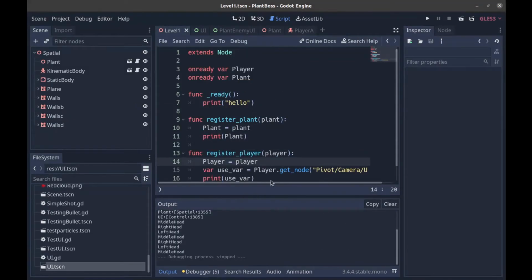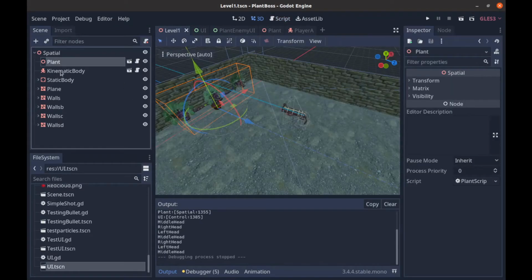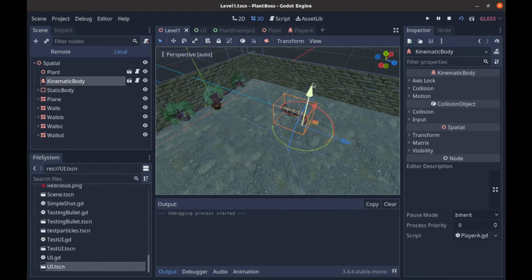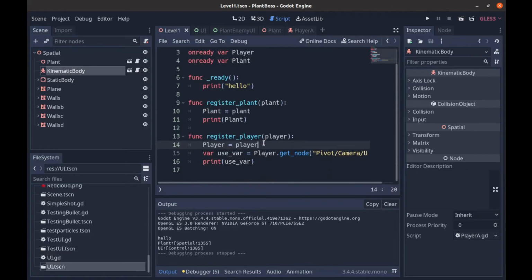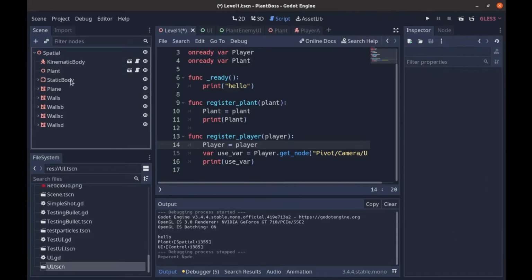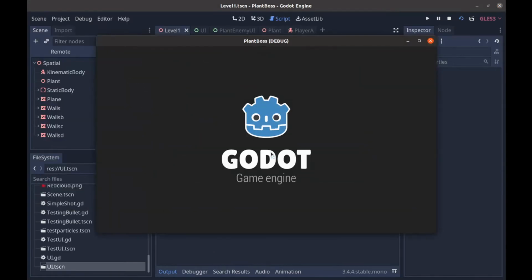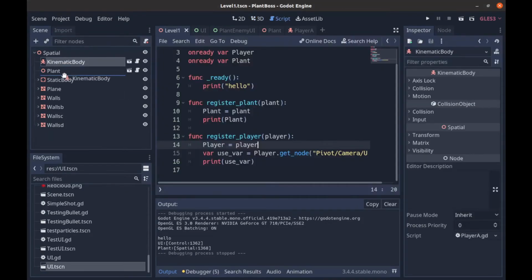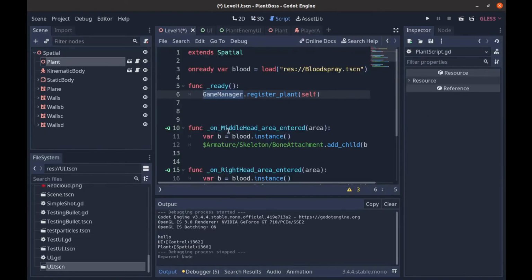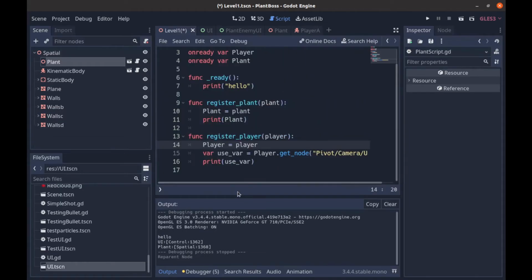So there is one thing to take note of here. I have our plant on top of our kinematic body, and if I run this, you can see that the plant comes first, and then the UI comes second, because we're registering the player second, because that's the order here. But if I move this up on top and run the scene again, we get our UI node first and our plant second. So keeping that in mind, I'm going to code the next part so that it doesn't matter which one of these is where. The way I'm going to do that is by going to our game manager,